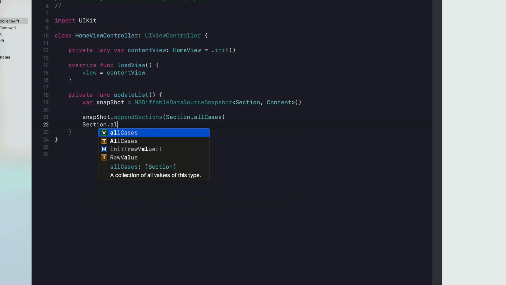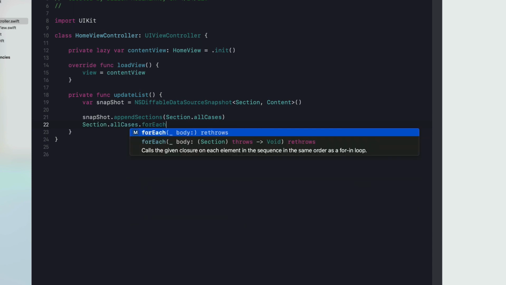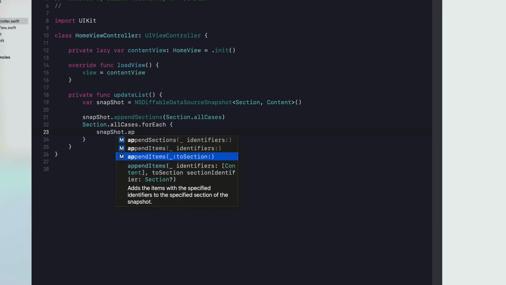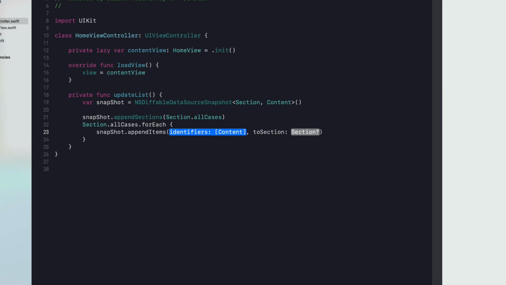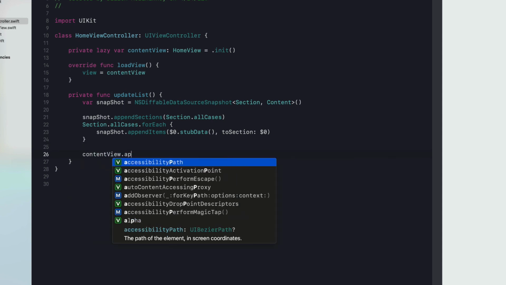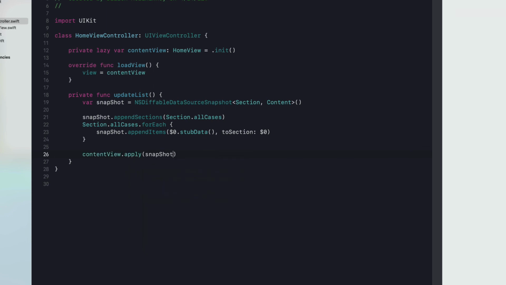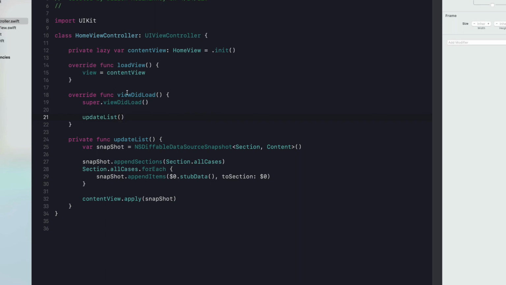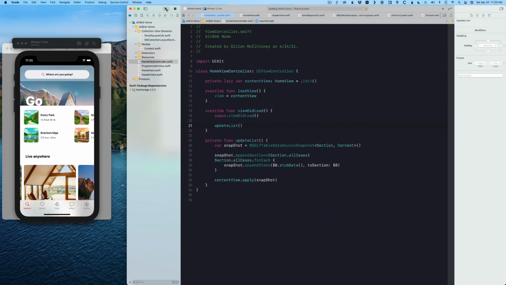Then for section to all cases for each, we are going to say snapshot append items, the sections stub data to the section. And then we need to call on our content view, apply snapshot. Then we can pull view did load back up and call update list once the view is loaded. There we go. Now we should be able to see our section, all of our hard work